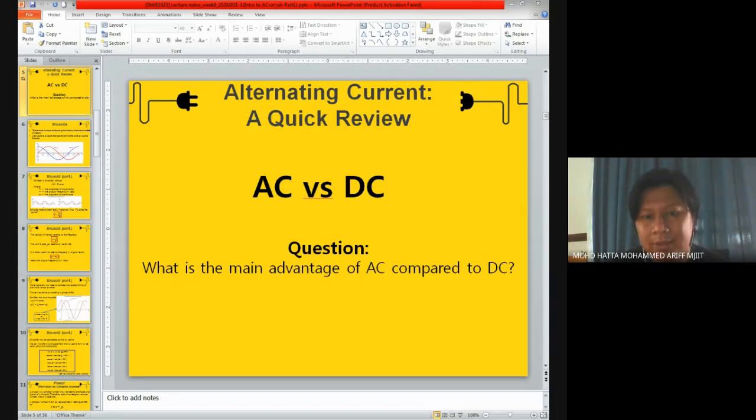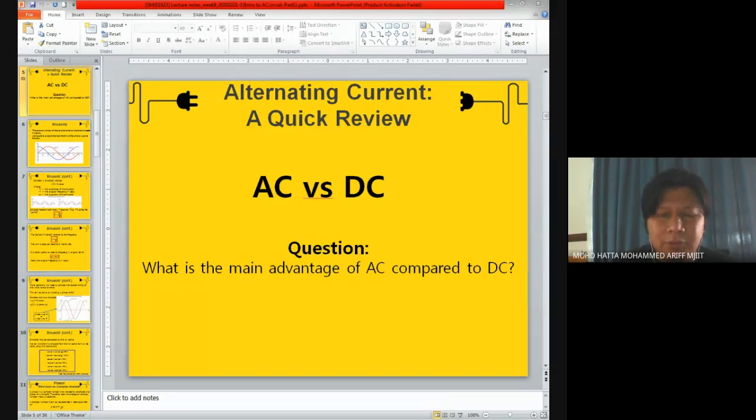In my opinion, it's due to the cost of transmission, and the one that you explained to me just now about the power station. Yes, of course, it's related to the power station. And what else? High voltage. Yes, of course. We try to transmit power by stepping up our voltage, and by stepping up our voltage, the current will be reduced,